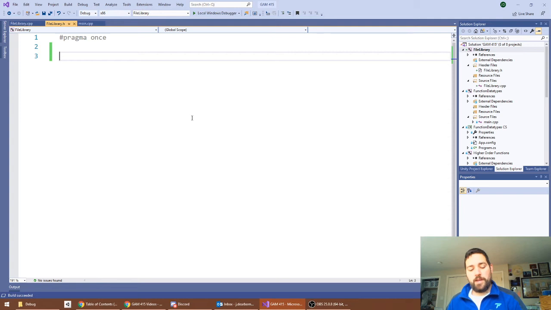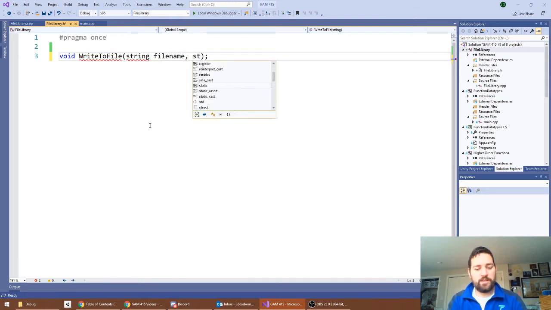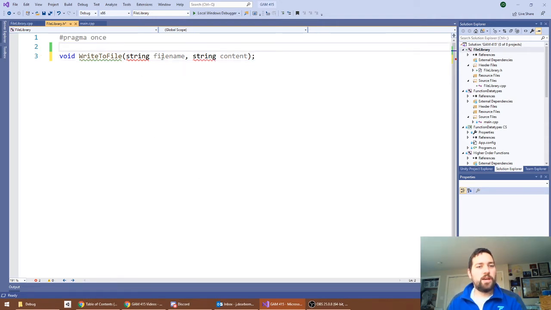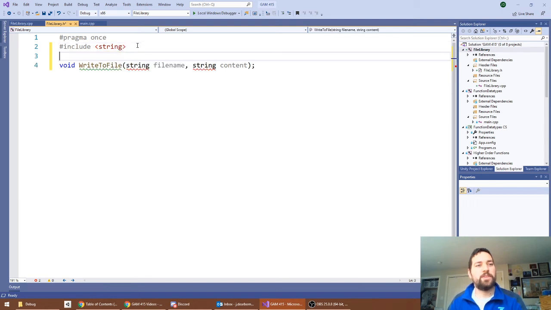Alright, so I need to make a function. Let's do something like write to file. And let's make it really simple. You're just providing a string, the file name, and another string, which is what you're going to put into that file. So fairly simple. I'm going to need that string type, so let me include string. That is necessary for this header to work. And then